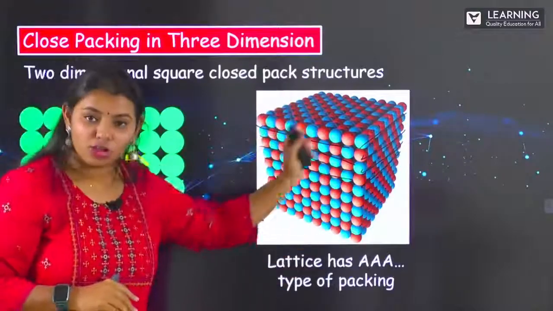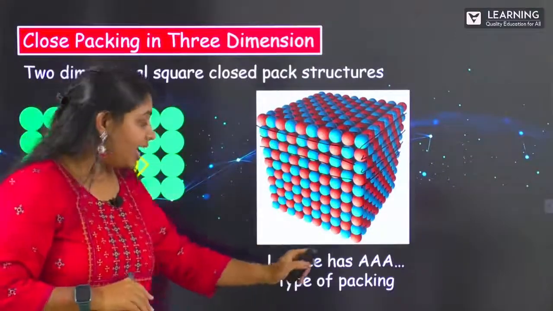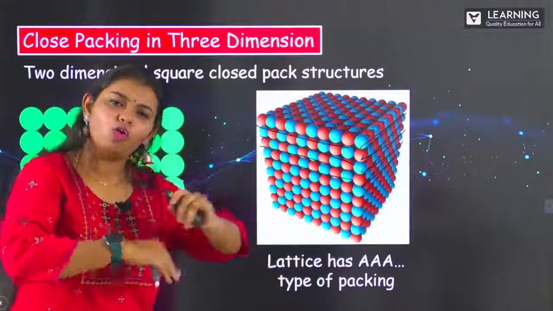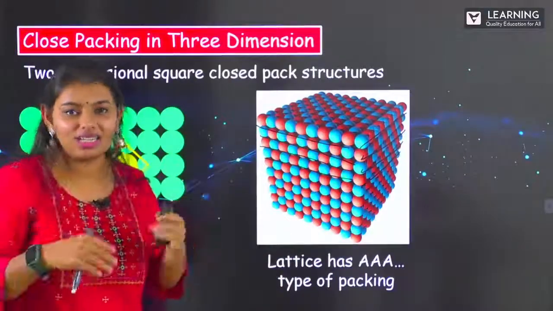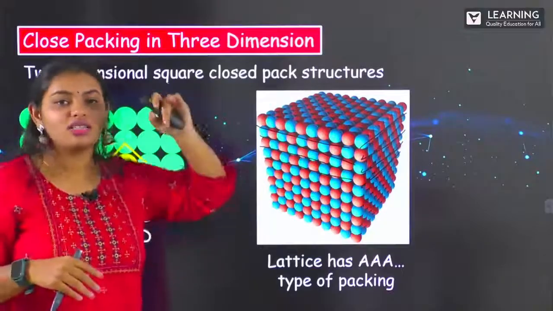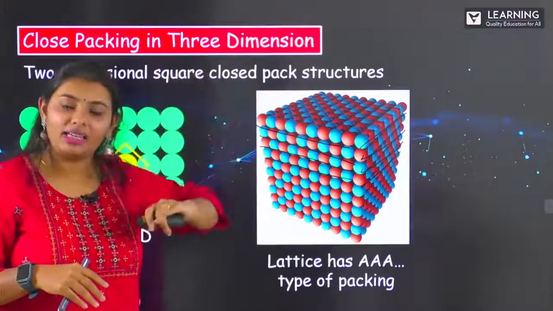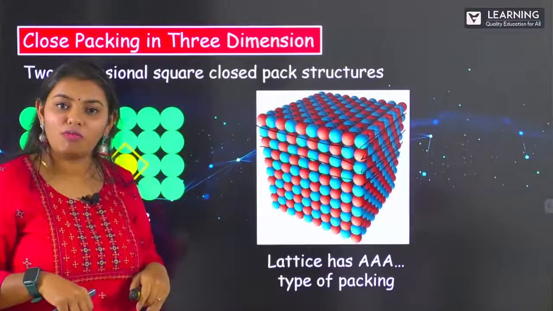This kind of arrangement, what is found, it is called as AA type of arrangement. AAA, it goes on and on. It's based on the lattice point. It is based on the crystal lattice structure. So how much of the structure is there? It's just the same way. A type of arrangement. Now, why is it called as A type of arrangement?